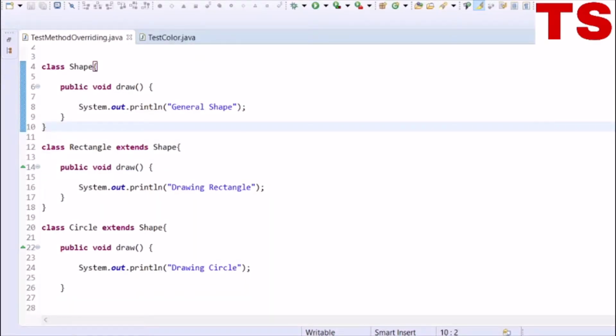Also, we saw that the overriding method's return type can be a subtype of the overridden method's return type, and this subtype is called a covariant return type. Let's look at this through the example. Now let's change the return type of the draw method in the superclass to Red.